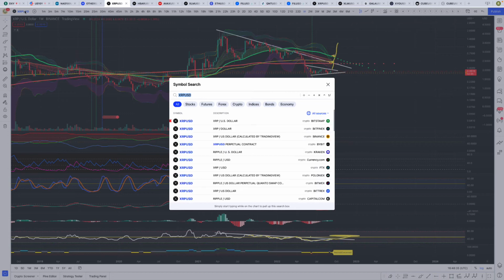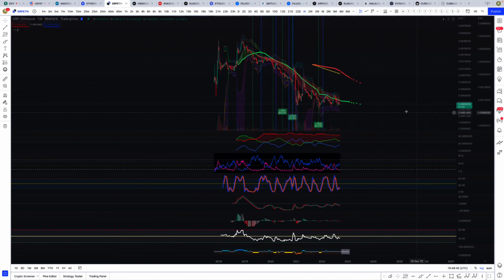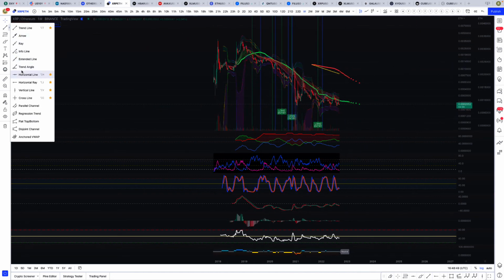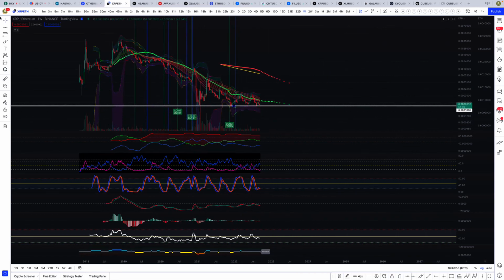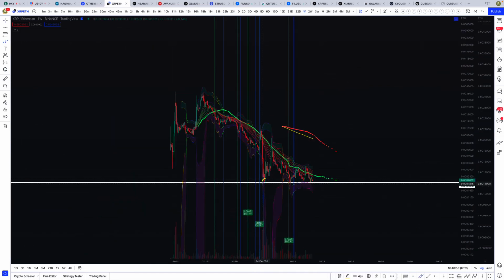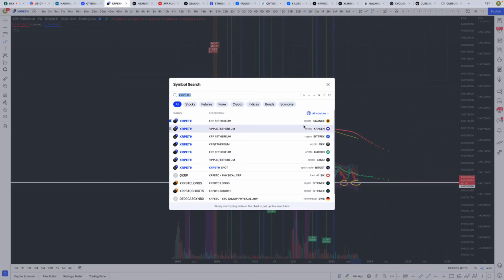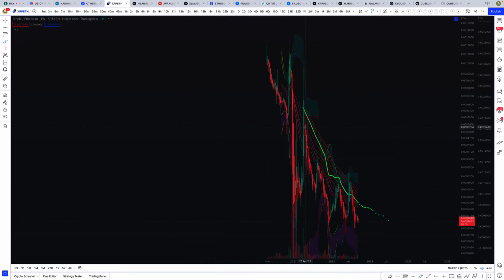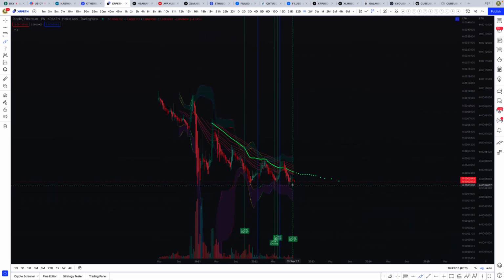If we look at XRP to Ethereum, I wonder how that's shaping up. We're just retesting these lows. So we can put this horizontal line here, and we've tested it like 4 times now. If I go 1, 2, 3, 4, we got a weekly prepare to buy soon. On Binance, let's go to Kraken or something. Yep, 1 week prepare to buy soon right here. We got a long entry.